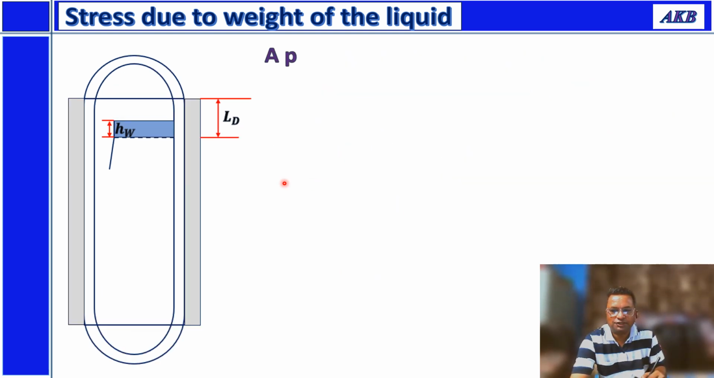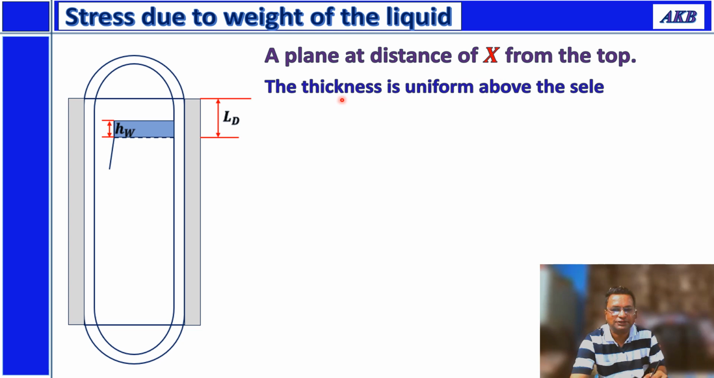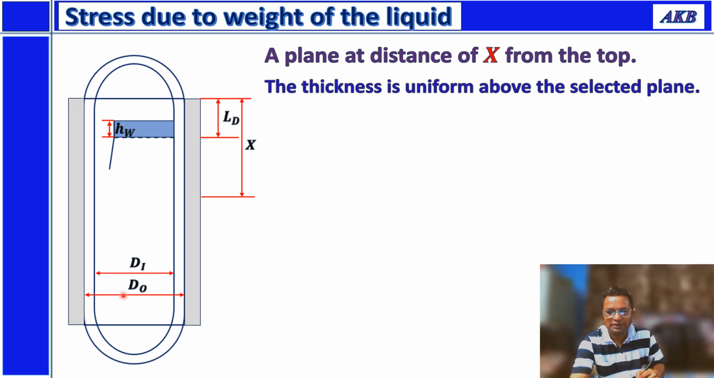Okay, so let us continue. Now again we have this diagram. As usual, I'm going to consider a plane at a distance of x from the top. How is this considered? This is considered so that you have uniform thickness in that section. That means from the top to this point, distance is x and thickness for the shell is uniform within this section. Okay, then you have outer diameter, inner diameter, diameter of the insulation, then thickness of the shell as usual,